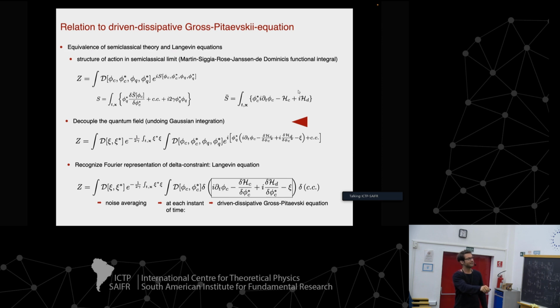And that is then the constraint on the field configurations that we get from integrating out the phi quantum. And if you look at this thing, if you stare at it, this is just one realization. If you take psi fixed, it's just one realization of this driven dissipative Gross-Pitaevskii equation. And this thing here tells you: now take each of these configurations and sum over them, weighted with this Gaussian weight. So this really pops out, we didn't force it,